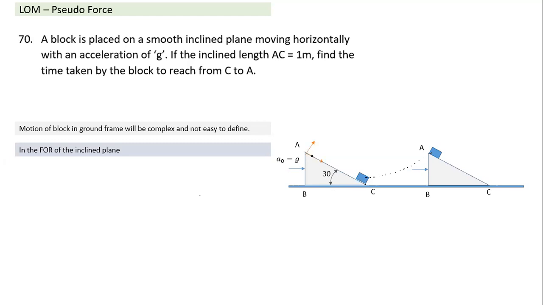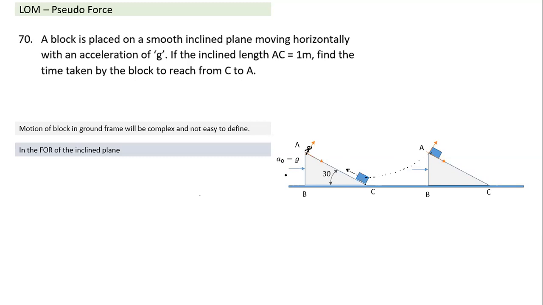But if I choose a frame of reference which is attached to the inclined plane, what is the frame of reference? If I put myself here and keep looking at this block from here, this block will tend to move directly towards me, or this block will move only along this axis. In this frame of reference, the direction of motion is well defined. By the time it has come here, this frame of reference also moves like this. So during this time, the block will move along this axis in this frame of reference. So here the direction of motion in this frame of reference is known.